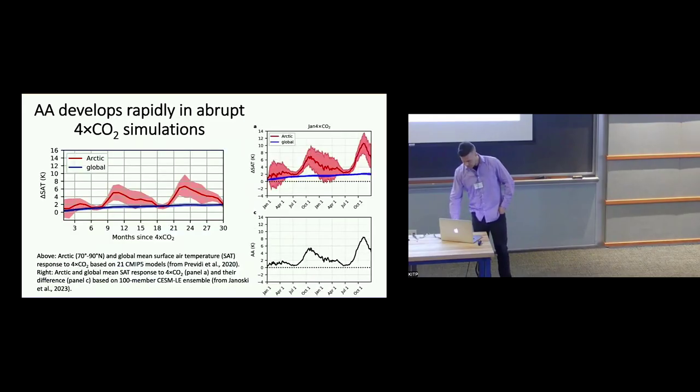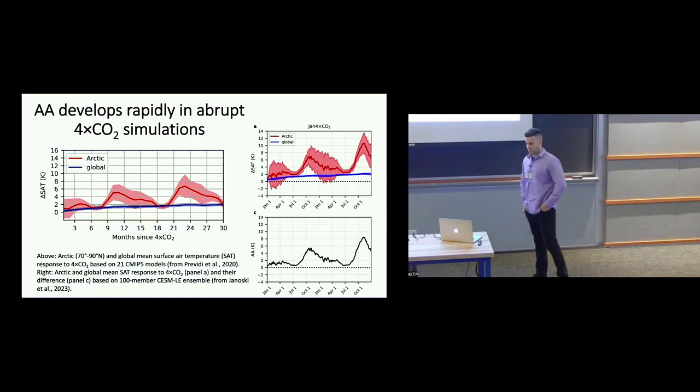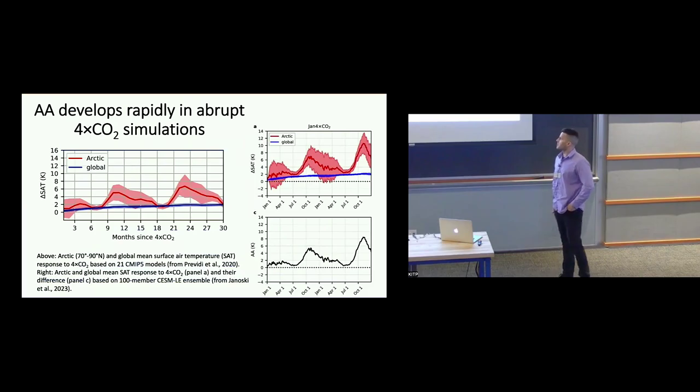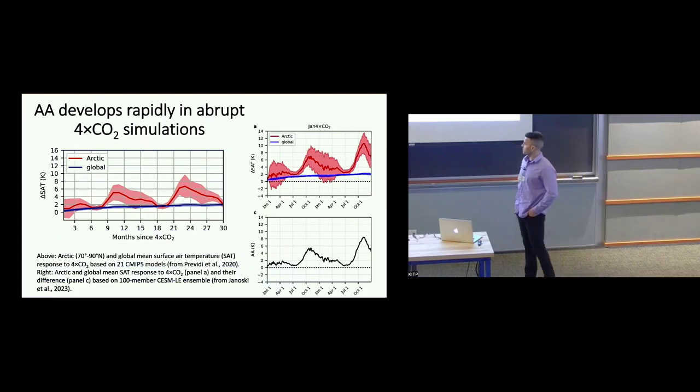So this work that I'm discussing today was really initiated and motivated by some work that a former student, Tyler Janoski, did for his PhD thesis. Tyler was looking at short time scales of Arctic amplification in CMIP-5 generation climate models forced with an abrupt quadrupling of CO2. This plot on the left is from a paper we had back in 2020 that analyzed 21 CMIP-5 models in this abrupt 4 times CO2 scenario. The plot is the multi-model mean of these 21 models,